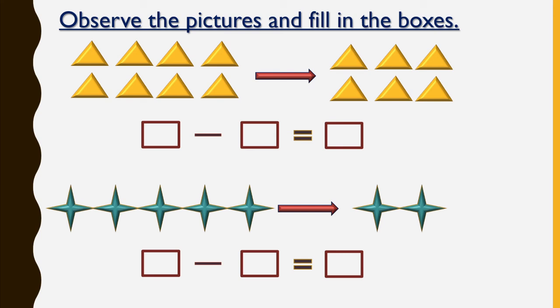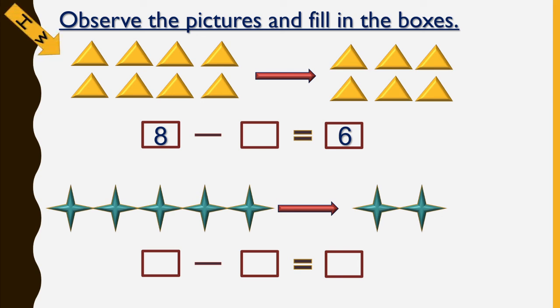Next, this is homework. See, dear children, here you can see triangles. One I will show you. The rest you have to do. Okay. Here you can see 1, 2, 3, 4, 5, 6, 7, 8 triangles. And in the answer you can see 1, 2, 3, 4, 5, 6 triangles. So let us write first. In the first box, let us write 8. And in the answer box, let us write 6. Okay. Earlier there were 8 triangles and now there are only 6 triangles.